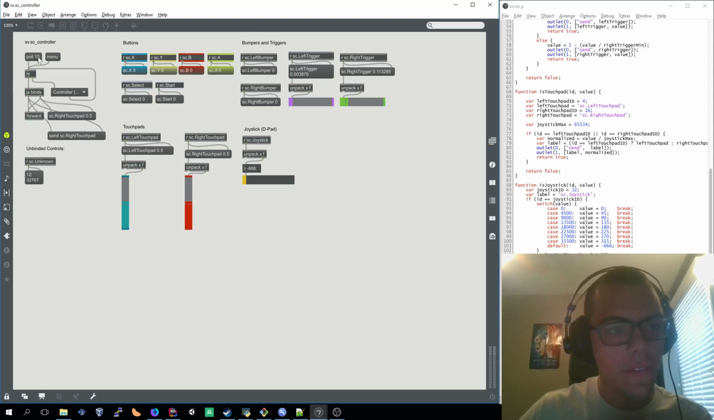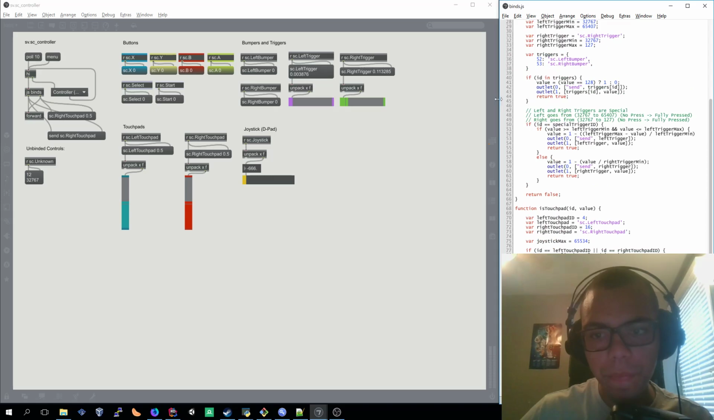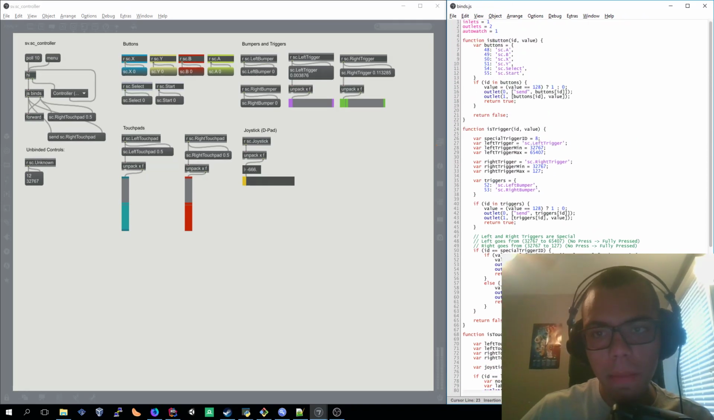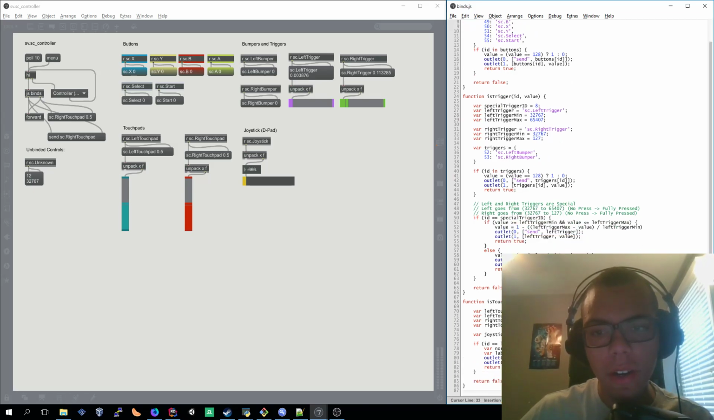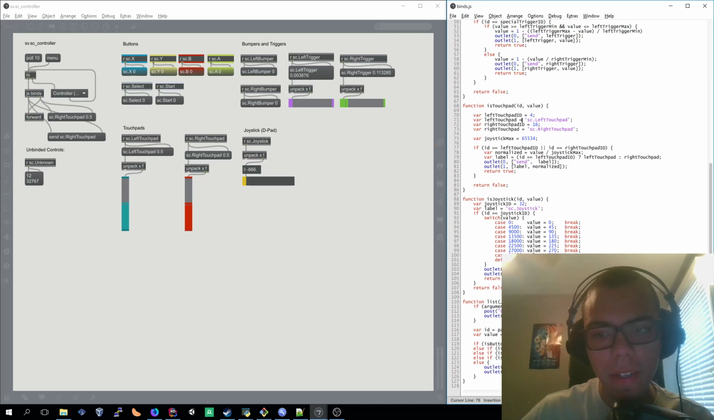So over here I have a poll device that's connected to a hid object, so it acts as a gamepad, and it sends the raw IDs and the raw values to a JavaScript object, which I wrote over here, which looks really complicated, but basically all it does is it takes the value and then tries to differentiate between if it's a trigger or a button or a touchpad or a joystick, and then converts the raw value to some